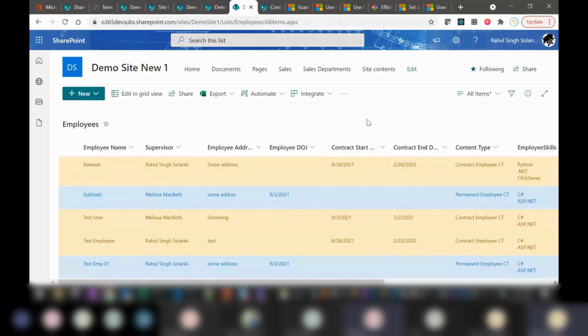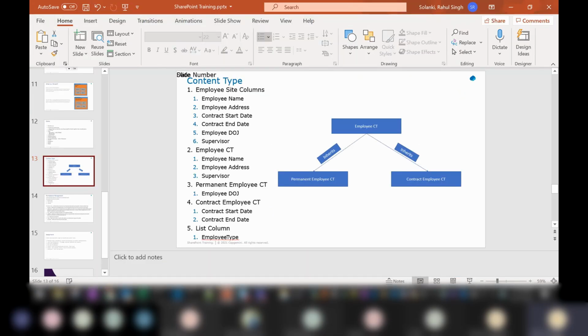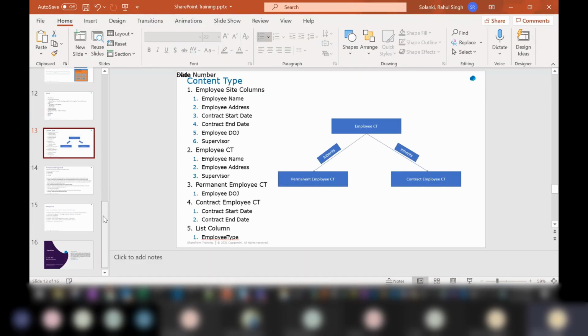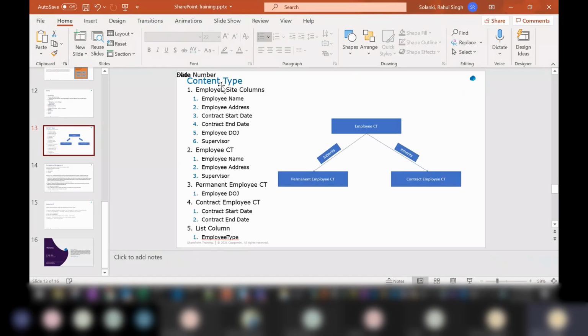All right, so we'll break it, we'll keep it today till here. So one assignment that I would want to give is basically, first thing is you have to replicate this in your tenant. Okay, and then